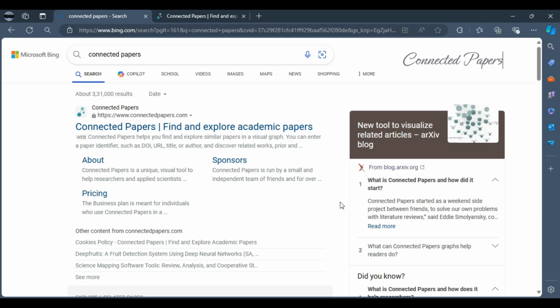In today's video, I'll be talking about a platform called Connected Papers. This video is part of a series called AI Tools for Research, where I have covered multiple tools similar to Connected Papers. In today's video, we'll explore what Connected Papers is and how it can be useful for finding and exploring